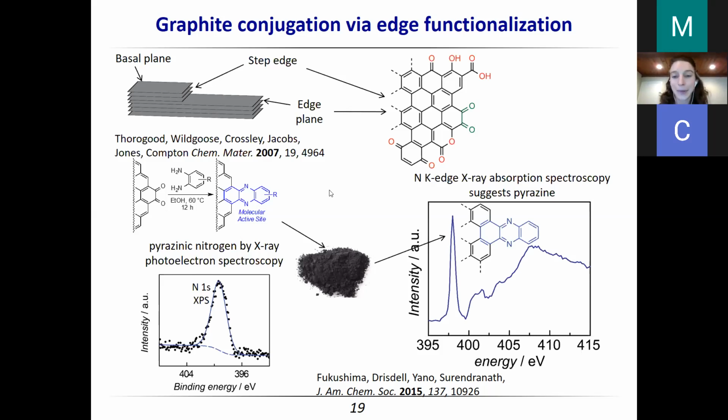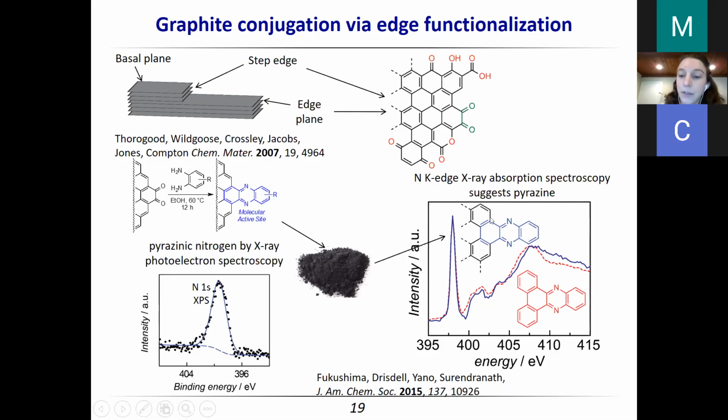And here what we're looking at is core transitions, so 1s to 2p of the nitrogen. And you can see we observed this transition. What was most helpful in characterizing this compound was, in red, we synthesized this model compound, and we also got X-ray absorption spectroscopy data for the model compound. And when we overlay them, you can see they overlay really well.